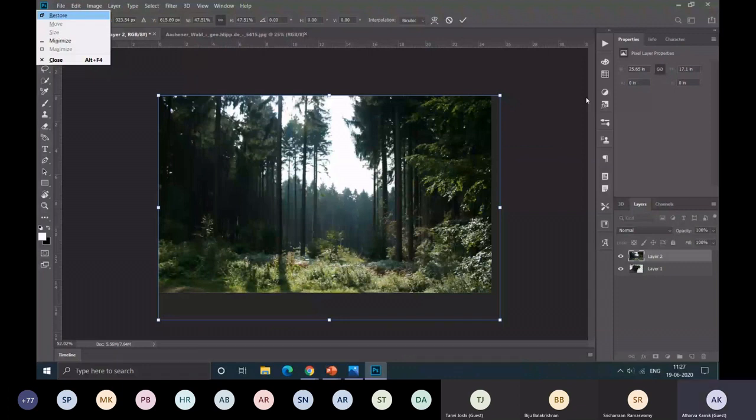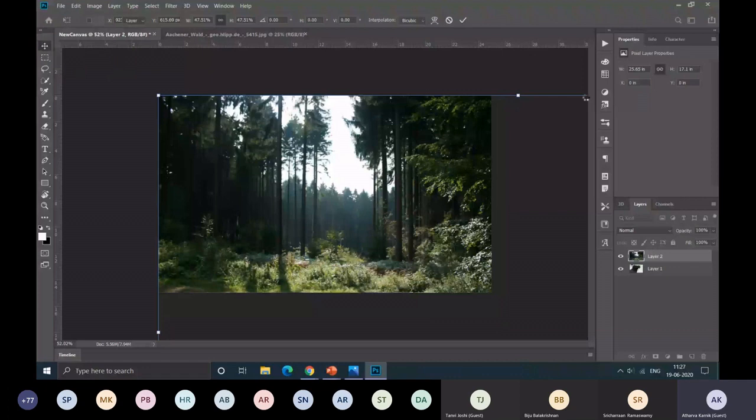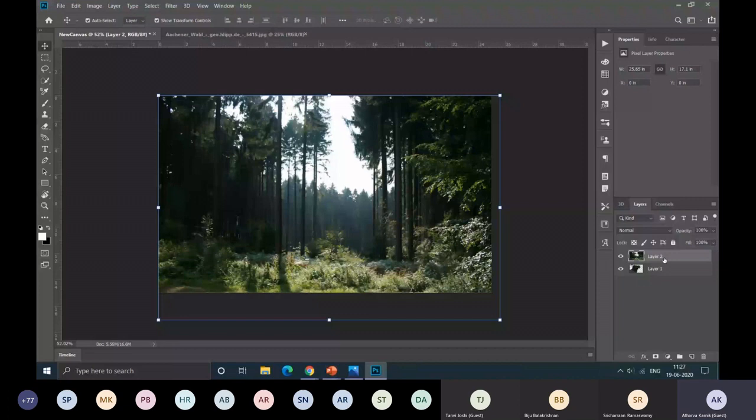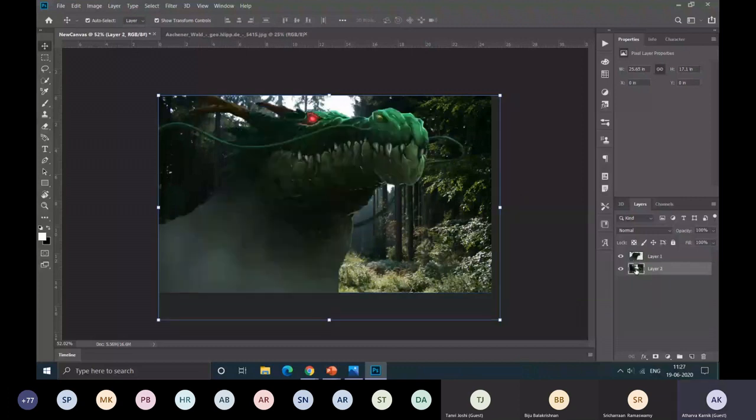Note that the dragon is behind the image, and this can be seen here also in layer panel. This is our dragon layer and this is our image layer. So to bring dragon forward, you just literally have to bring the dragon forward in the layer panel, or you can just bring the jungle backward. Anything will do. So we'll just bring the jungle downward like this, and the dragon has come forward. You can rescale it like this. I think this is okay.